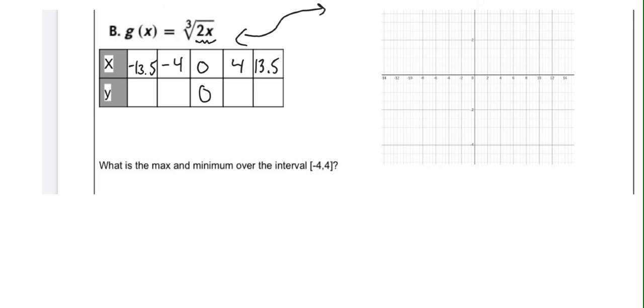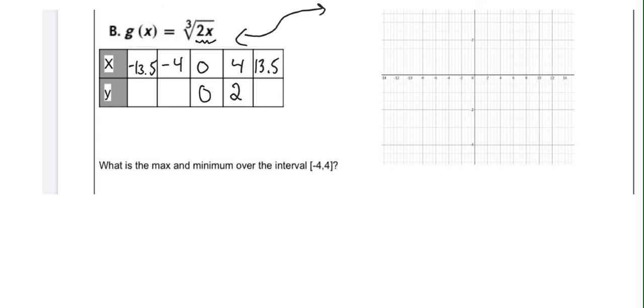But you could pick any number, really. You'll just get decimals for your y values if they're not perfect cubes. But right, if we plug in 4, we get 4 times 2 is 8. So the cube root of 8 is 2, because 2 times 2 times 2 gives us 8. And then the cube root of